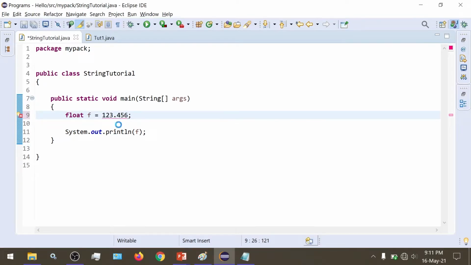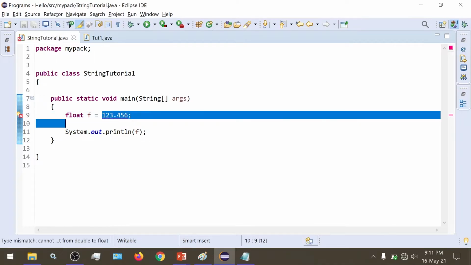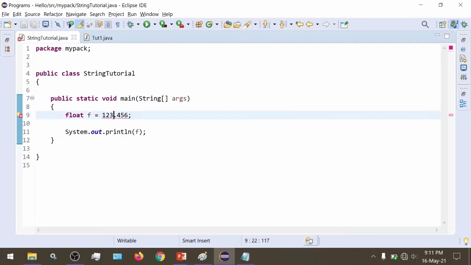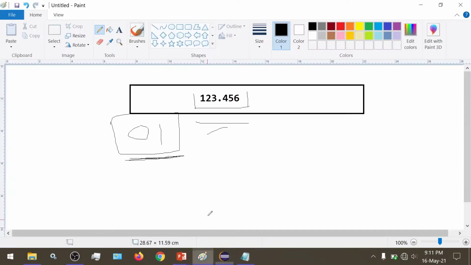But we are getting an error. Java considers it not as float, but as double. It considers it as double, but its sequence of zeros and ones is less than 32 in size, so it should fit inside the 32 bits of float. But no, what happens is